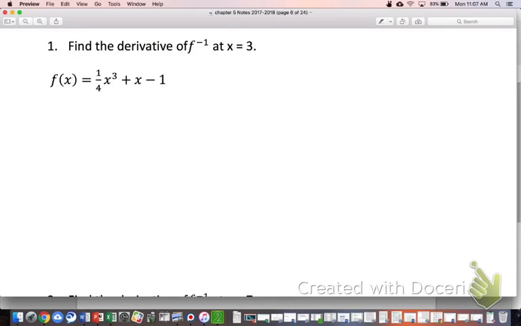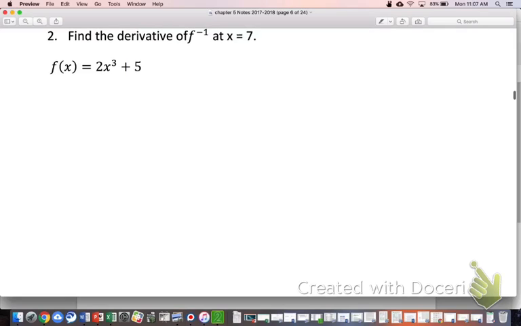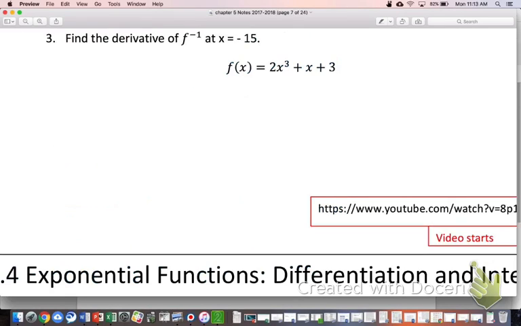So here's number 2 right here. This one would actually work using old school methods, but let's practice using our formula for this one. Find the derivative of the inverse of f at x equals 7. With number 3, if you haven't already checked that one out, please do give that one a look and try it out. So number 3,